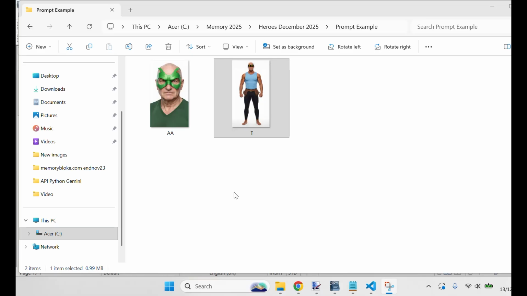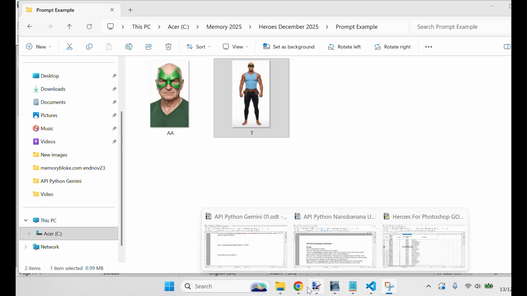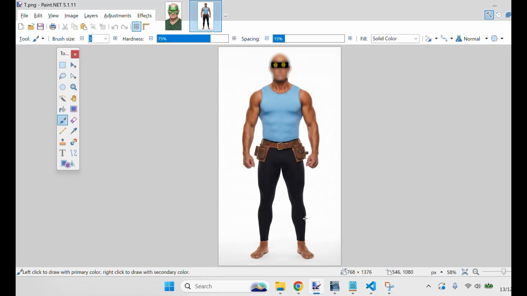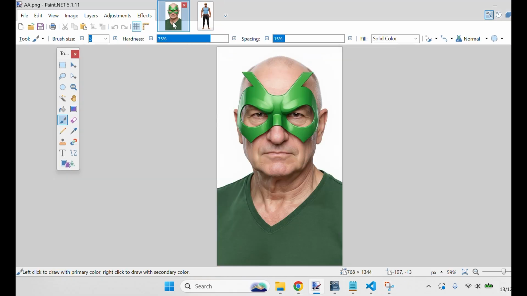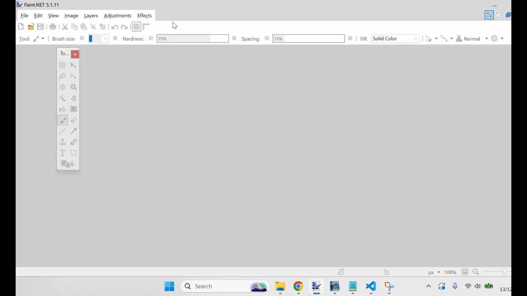I've got a full body person and a head, and I want to use AI to put the head on the body. And I'll get into the specifics in a second. Just want to show you that's the body there, that's the head there. Generated them quite recently,